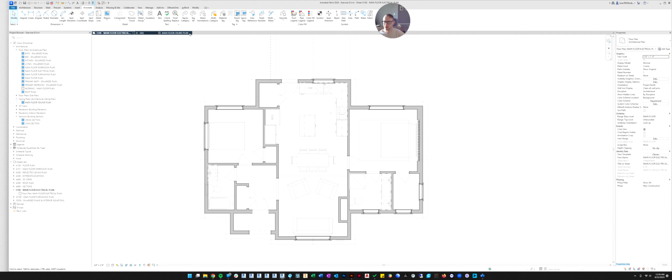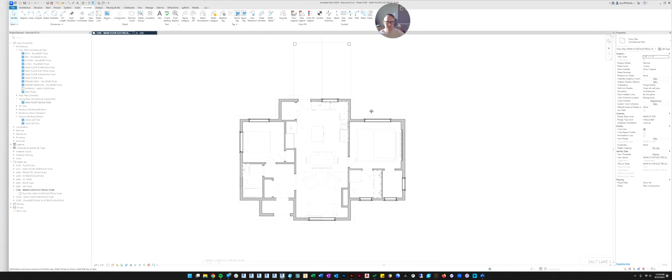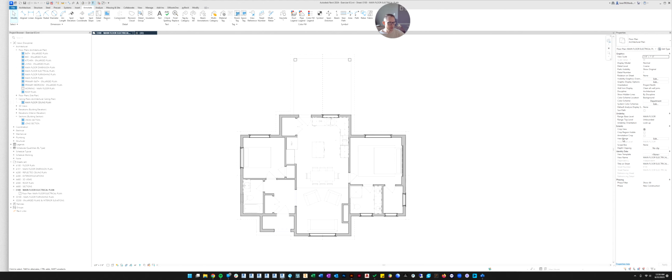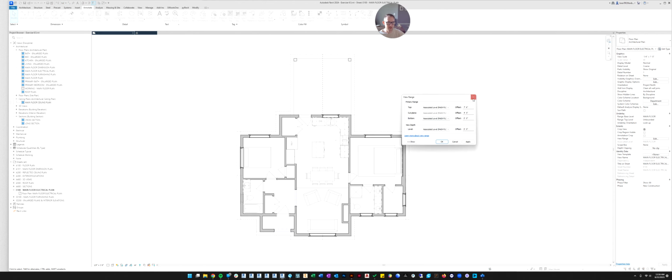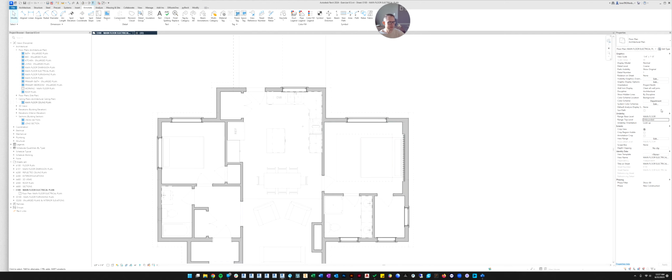Let's close our ceiling plan, because all we're going to need to do is be in our electrical plan, which is much nicer. And the other thing I'm going to do is I'm going to go back to my view range. Oh, sorry, not my view range, my underlay. And do you remember how we put it as unbounded and it caused a little bit of a graphics issue that I didn't like?